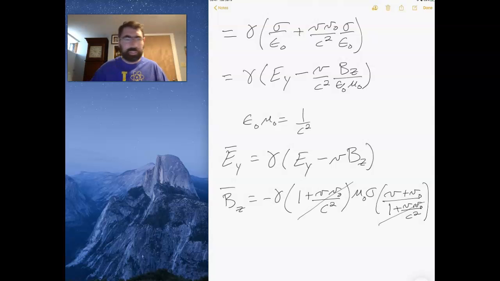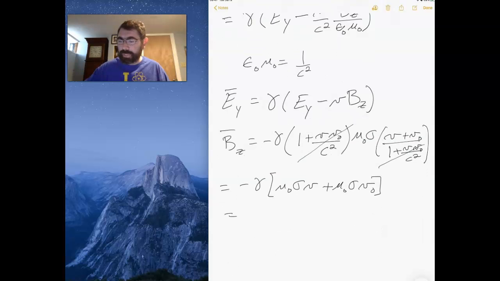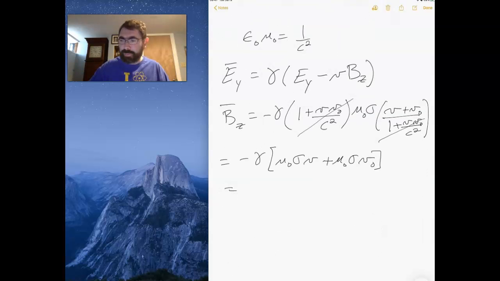So those factors cancel, and I'm left with minus gamma of mu 0 sigma V plus mu 0 sigma V0, which means that I have minus gamma mu 0 V